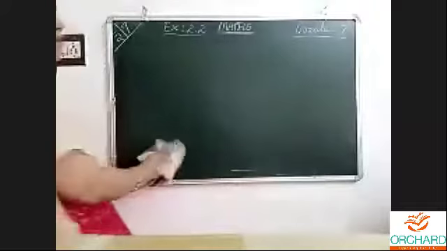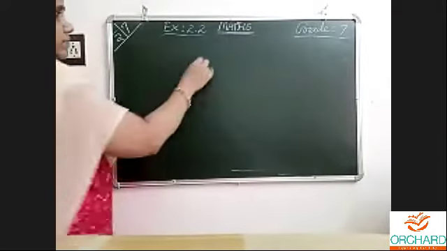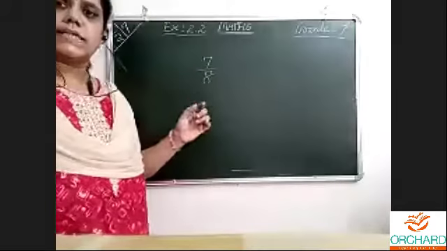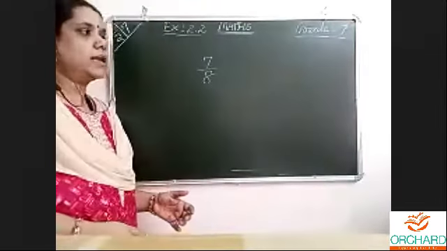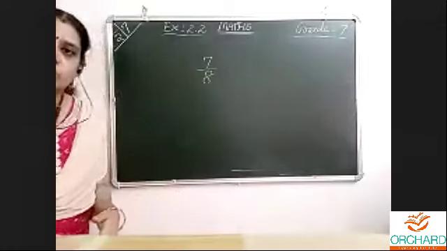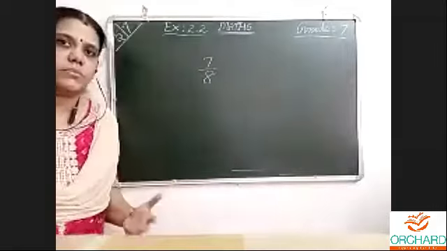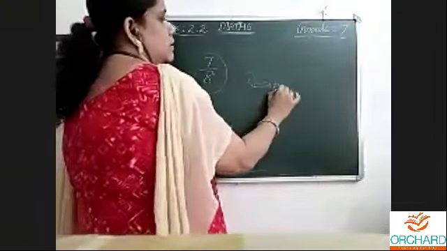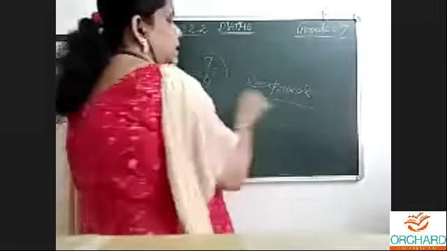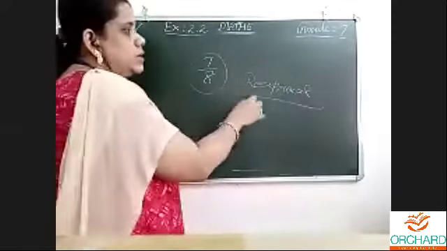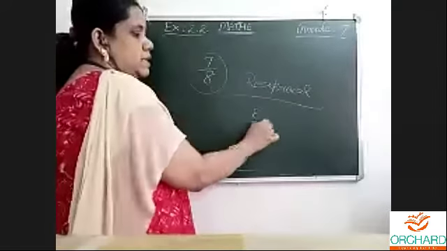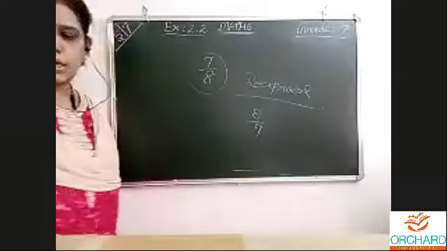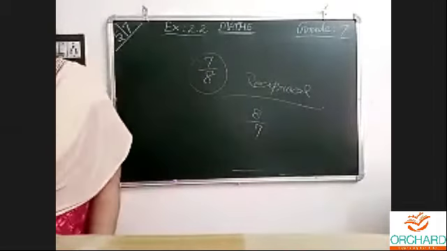The only thing about division of fractions that I wanted to tell is, for example, 7/8. This is the fraction. When I say reciprocal, reciprocal means the reverse. The numerator will come to the denominator, the denominator will go to the numerator. So the reciprocal of this number, we also say the multiplicative inverse. Normally we use reciprocal, 8/7. So the reciprocal of this number is this.